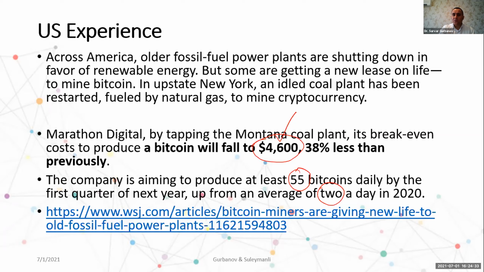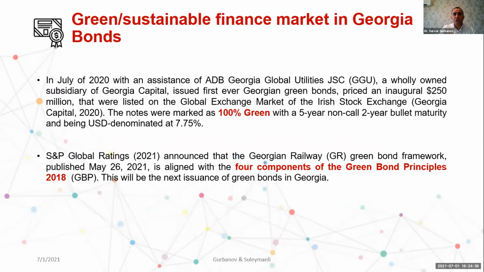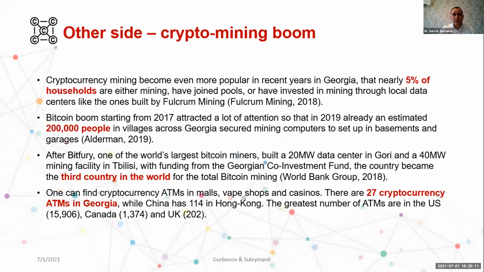So actually, we are worried that the same thing can happen. Georgia can get back to fossil fuels to meet the demand which comes from Bitcoin mining. Also, as you see, there are a lot of things going on in Georgia. They are trying to meet the requirements of the green bond principles, but the number is still far away from the desired level. But there are developments that take place in this country, especially if you can see here